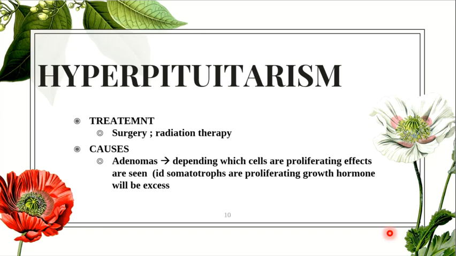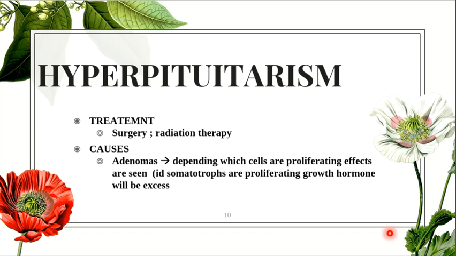The causes which generally increase pituitary gland hormones are adenomas, small tumors in the pituitary gland. Depending on which cells are proliferating, effects are seen. Most commonly, hyperpituitarism arises because of a tumor. Whichever gland cells of the pituitary are increasing, accordingly that hormone will be more. For example, if somatotrophs are increasing in the adenoma, then the growth hormone will be in excess, because somatotrophs release